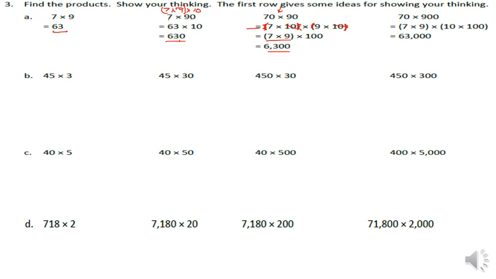Now we have 70 times 900. They did the same thing here. They're breaking it down to 7 times 10 times 9 times 100, which allows us to turn around and say 9 times 7 times 10 times 100. We know 7 times 9 is 63, and 10 times 100 is 1,000. So 63 times 1,000 gives us 63,000. I'm going to come down to C,